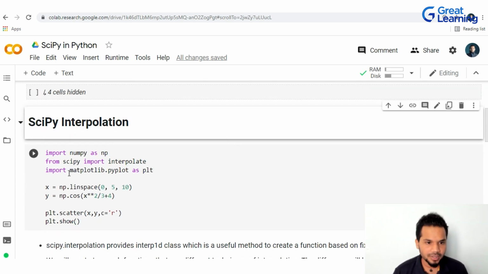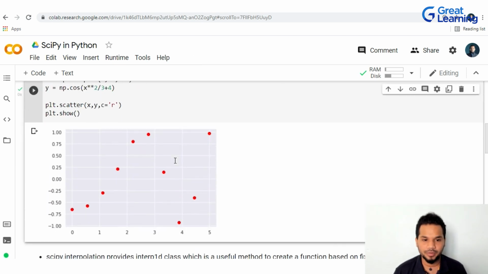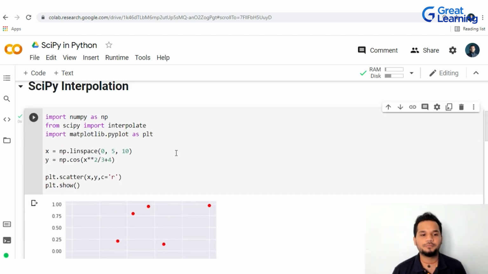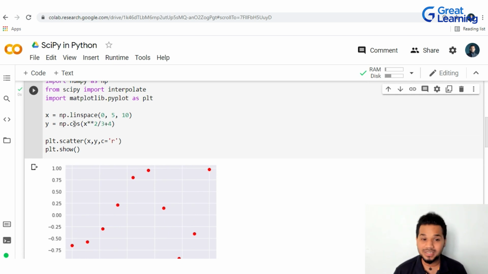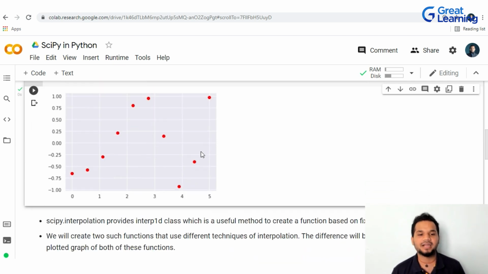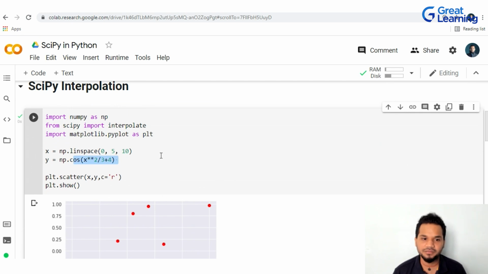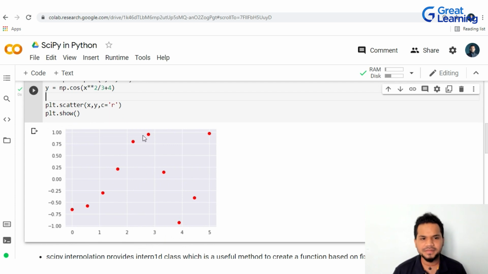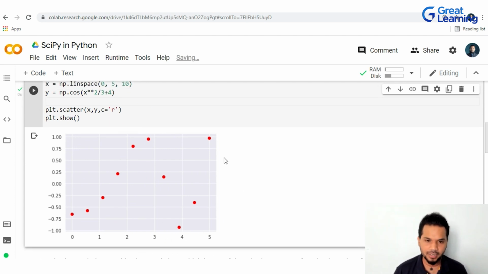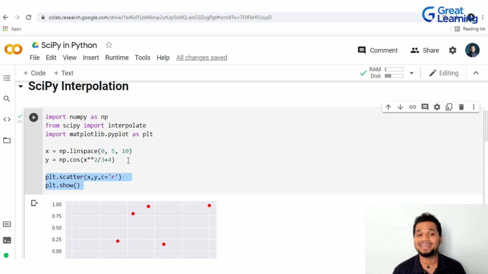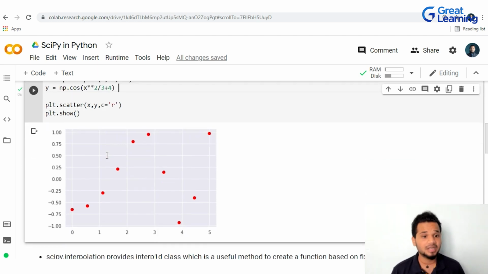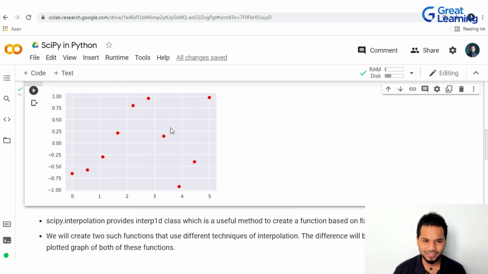Now, what we're doing here, as you can already see, is let me actually print it out so you have a better idea about what we're doing. We are creating a couple of plots here, and all of these are functions, right? You can see that we've used the cosine function here. This entire thing becomes a function when you take a look at it, a mathematical function to be very precise. And as you can see, we have certain data that we have just plotted out, right? Now, if these two lines weren't there, the data would still have been there, but it would not have been plotted. The convenience of data visualization is that all you have to do is plot it out, and here's a scatter plot that will give you all the details that you're going to need.